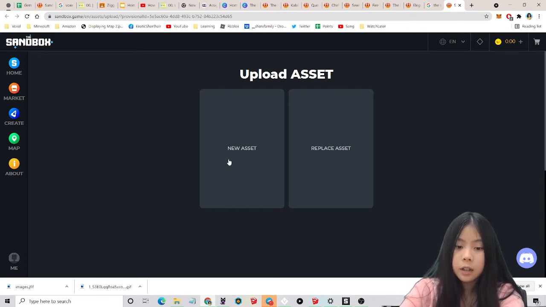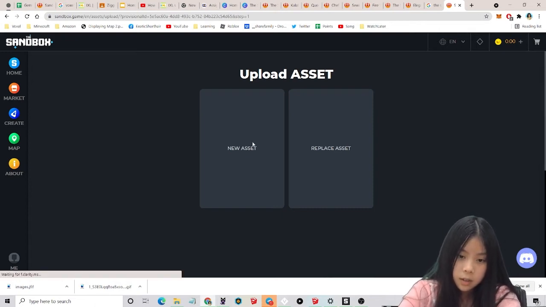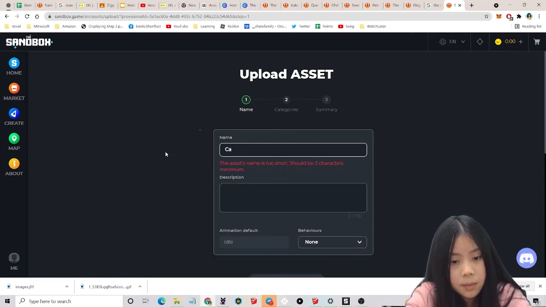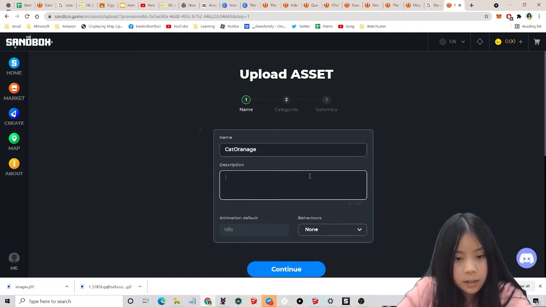You can either do a new asset. If you're new to this, then just click New Asset. But if you want to replace one of your old assets, you can do that too. So I think I'll click New Asset. Now I'm going to call this Cat Orange. And description,